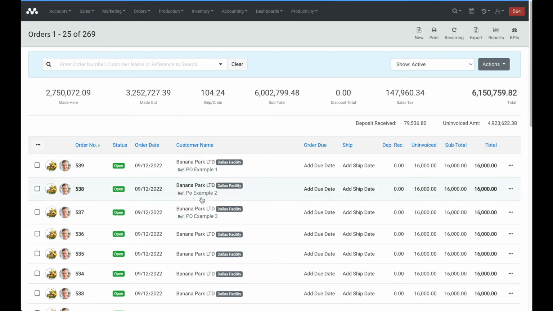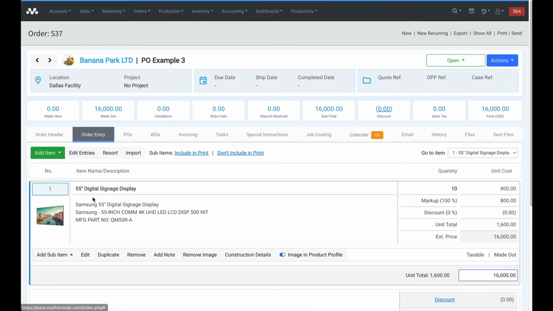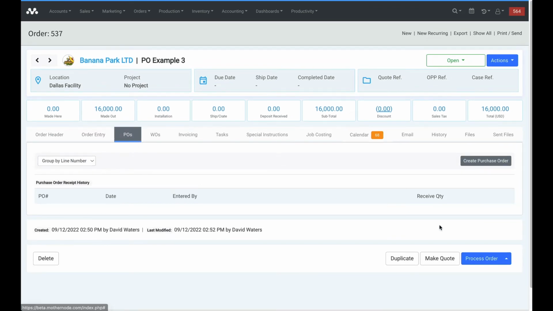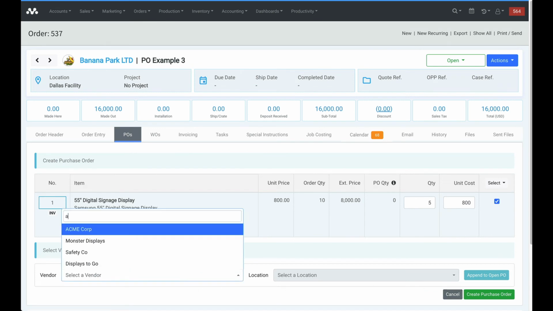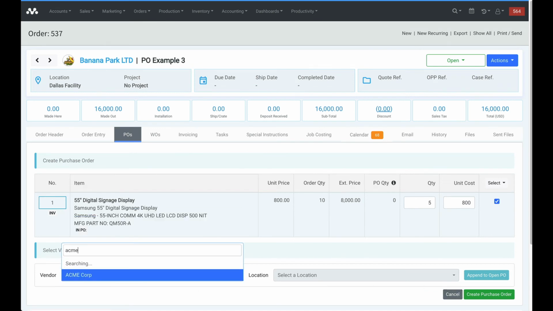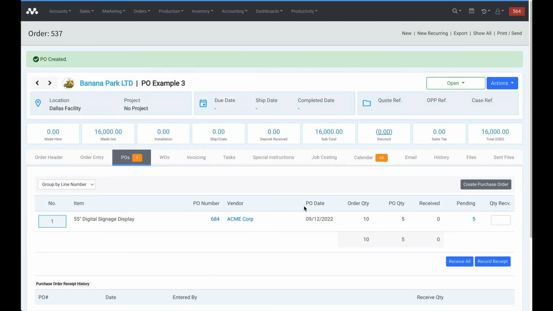All right, perfect. All right, final example. So in this case here, we're going to go down to this one. We're going to look at the line item that we have, same line item, quantity 10. So what I'm going to do here is create a PO, same thing, select this item, but now I'm only going to order 5, and I'm going to do a brand new PO. I'm not going to be appending, and I'll click Create Purchase Order,